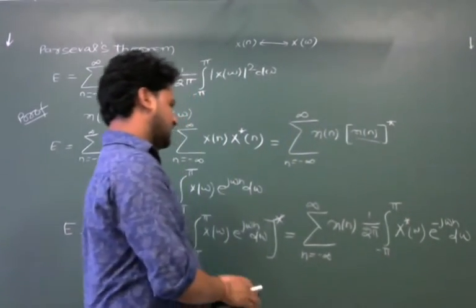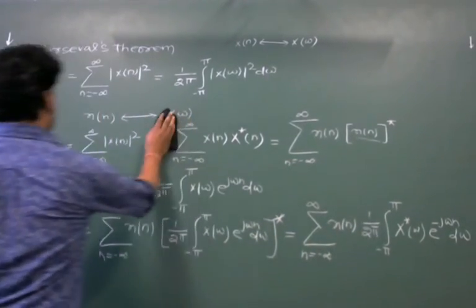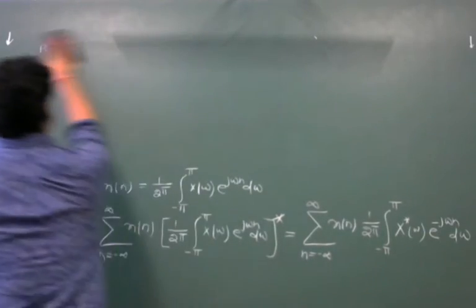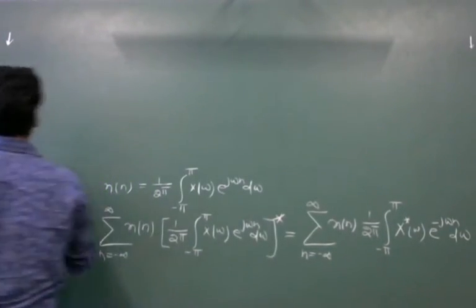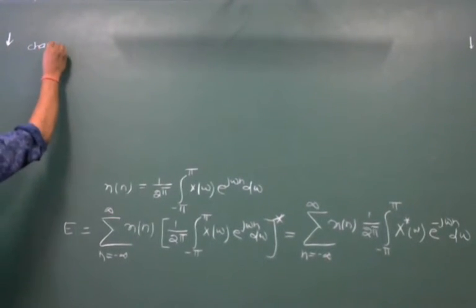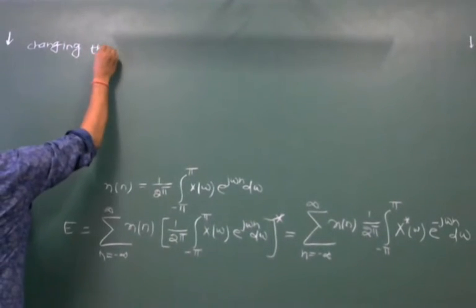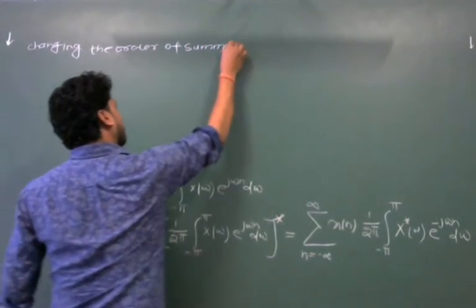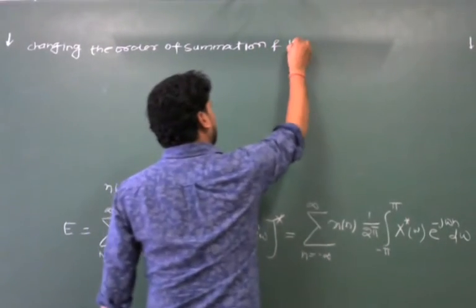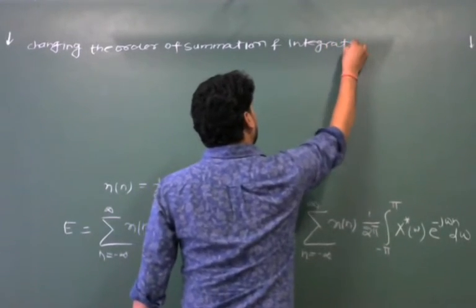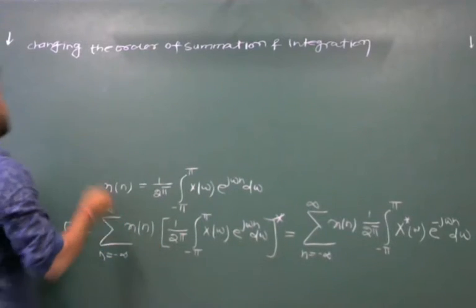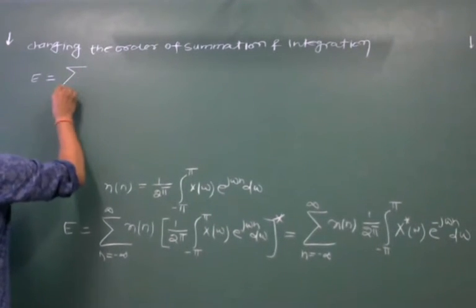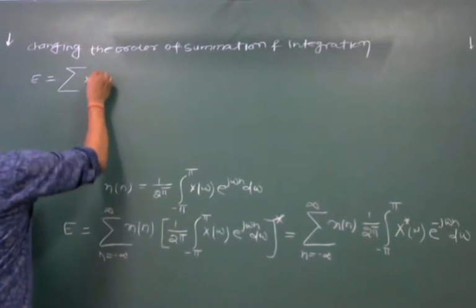Or I can simply change the order of this integration and summation. We can change the order of summation and integration, and after changing the order of summation and integration, this relation will become E is equal to sigma, this will become sigma X of omega,